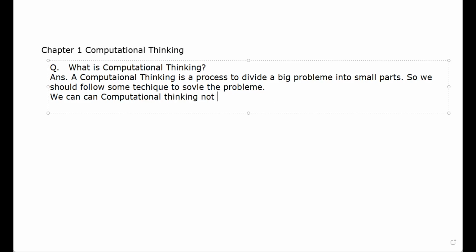We can use computational thinking not only in computer, but also in every aspect of life. My dear student,